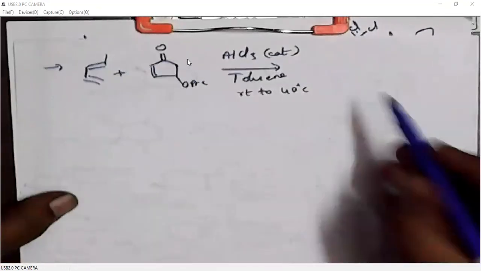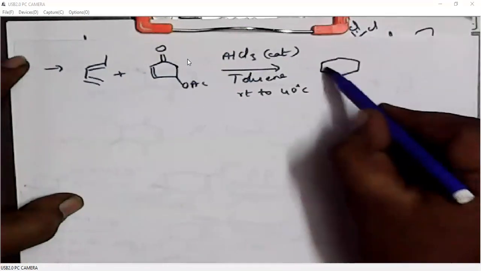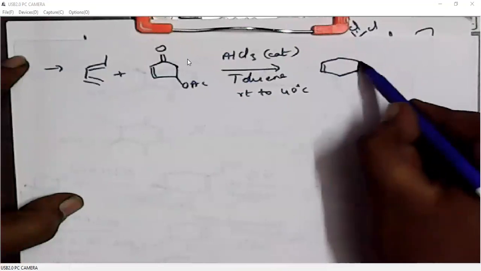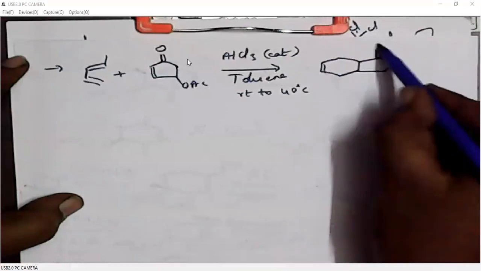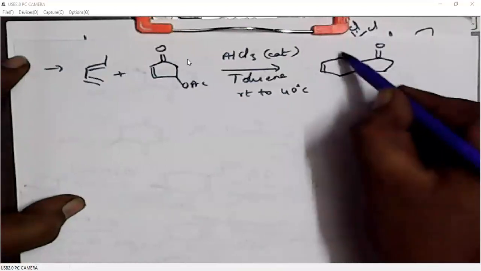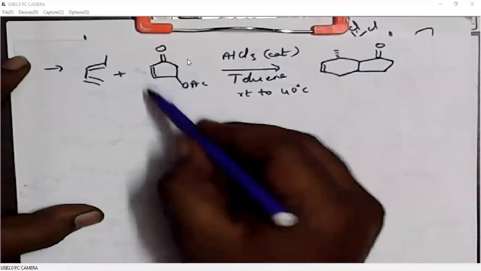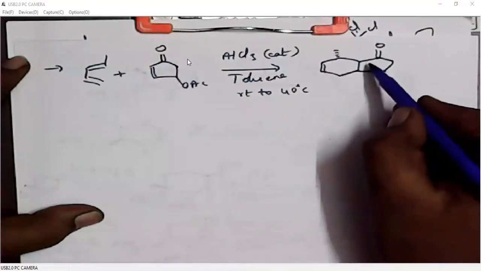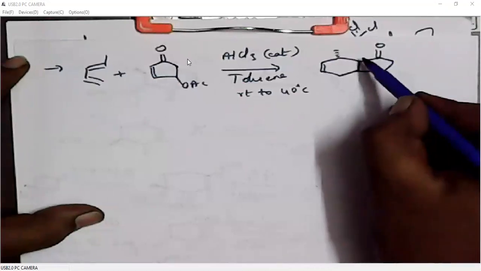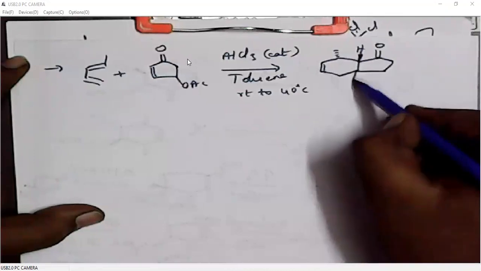Right. When we write the product, on this side we will be writing a 6-membered ring, and here it is a 5-membered ring, carbonyl. Then of course the methyl group will be below the plane. Because this is an endoselective product, these two alkyls must be below the plane, but they appear a little awkward. So what we will do, the hydrogens which are here, we write them above the plane.